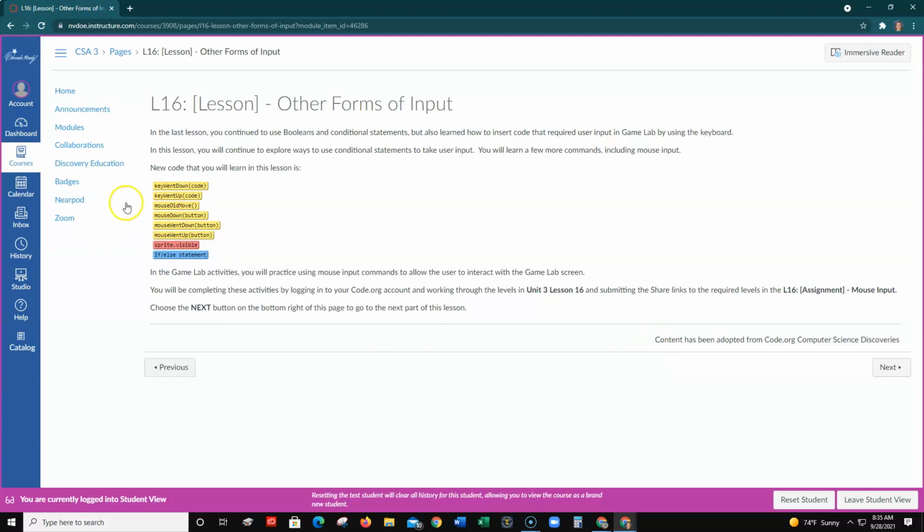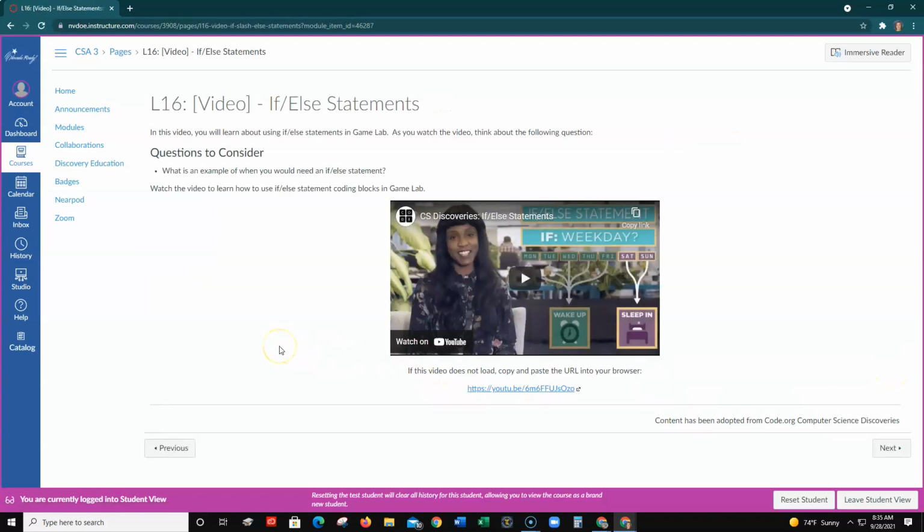So you're going to have this code that you're going to use. You're going to use the if-else statement and the different codes here that say key went down, key went up, mouse did move, and these different codes that you're going to use in GameLab. So click Next once you're done. Watch the video on if-else statements, and as you're watching that, think of an example of when you would need an if-else statement. So it's very important you watch this video. After you watch it, click Next,